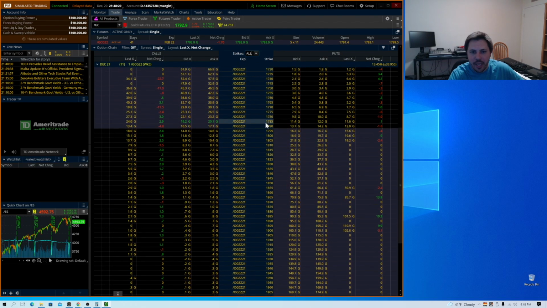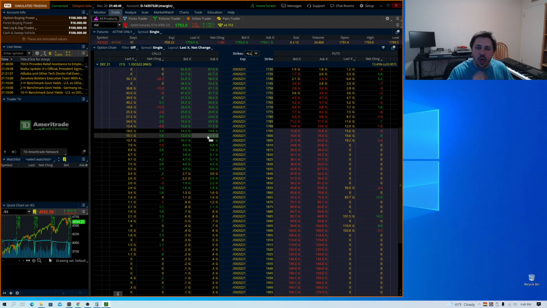If we think that gold is going to go up and we buy this $1,800 strike call on gold futures, we're basically saying we want to take delivery of one long futures position. And if we were to hold that futures position, we would then take delivery of 100 troy ounces of gold. So it's really important to understand what underlying assets you're trading,